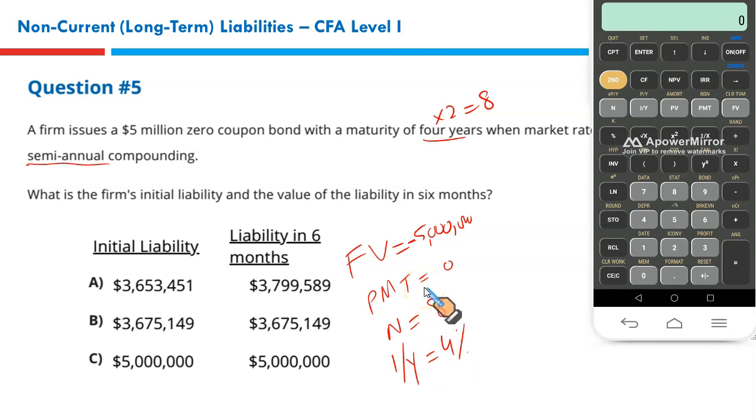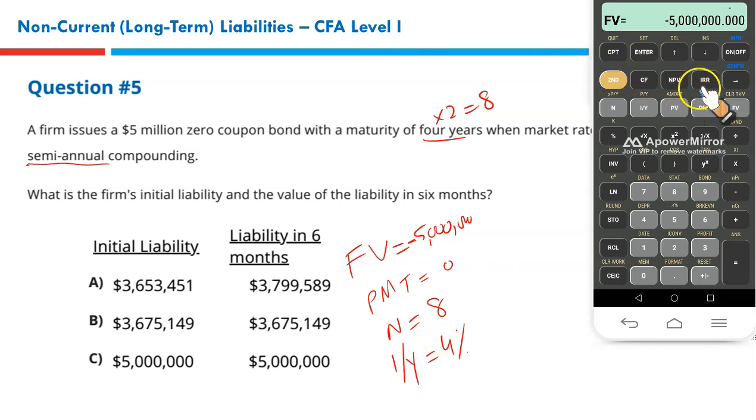PMT 0. And future value is negative 5 million. Right? And you must press FV. So we have entered all these 4 variables, and it will directly calculate the present value of the bond for us. We simply need to press CPT